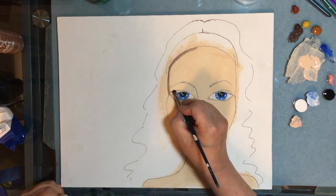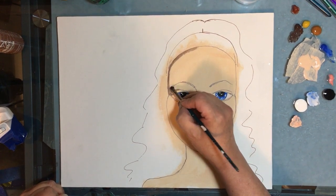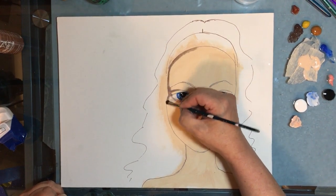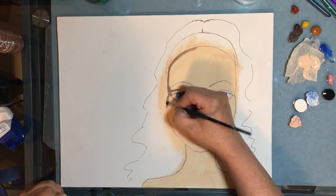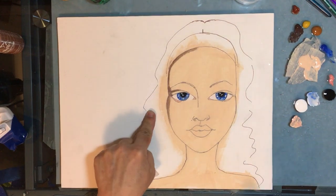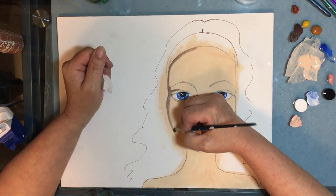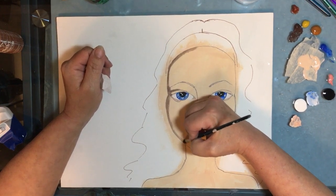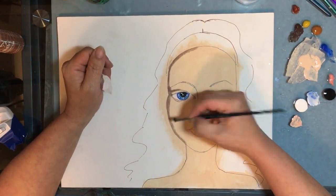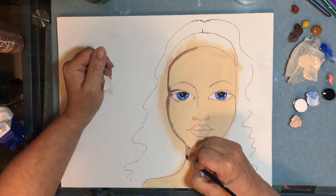Now when I get to her eye here, I want to go a little bit on just the edge, like that, like showing some shadow. And then we go over here. Now if you go off her face a little bit, don't worry, we still got her hair to do. We can cover that up. You're gonna put the burnt umber all the way to the neck, right here. When you get to the neck, you want to go underneath the chin, on the neck, in the corner right here,